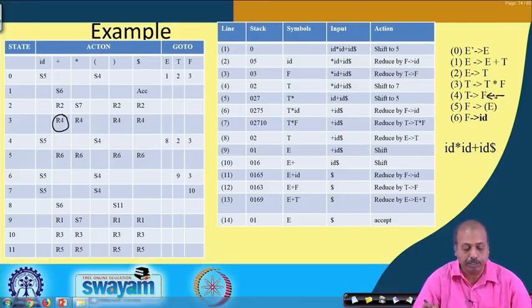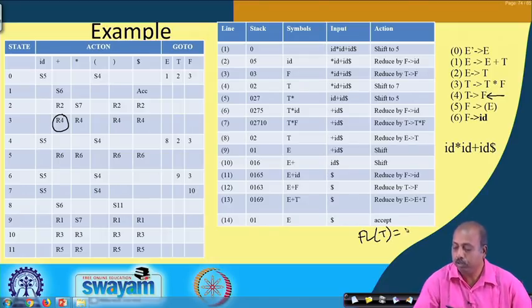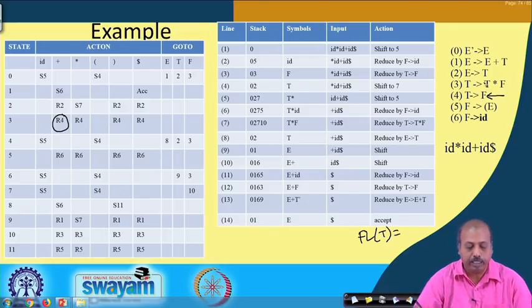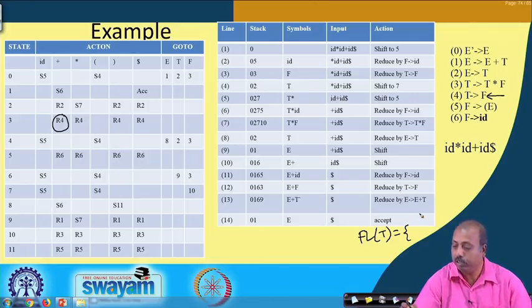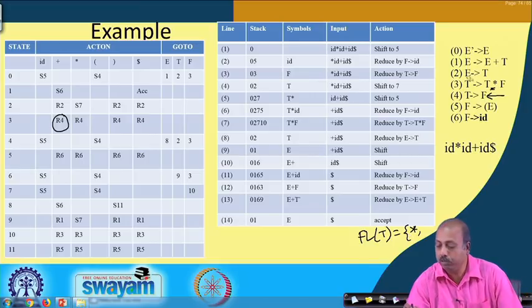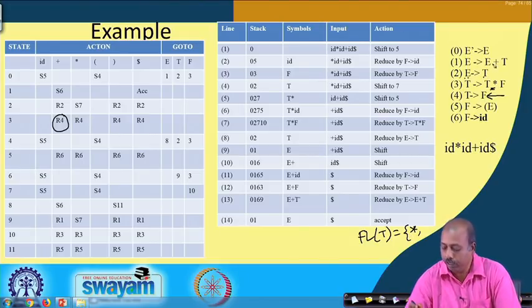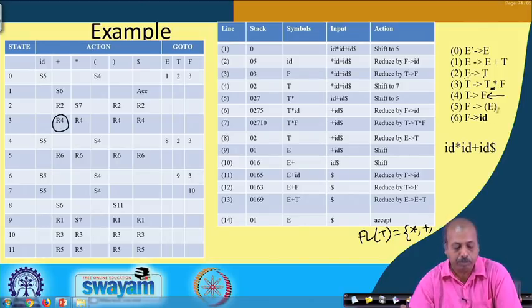Follow of T is given by this: T is followed by star, because of this rule. And by this rule, E producing T, whatever is in follow of E is in follow of T. So I will get plus, and here E is followed by closing parenthesis, and also, since E was the start symbol,